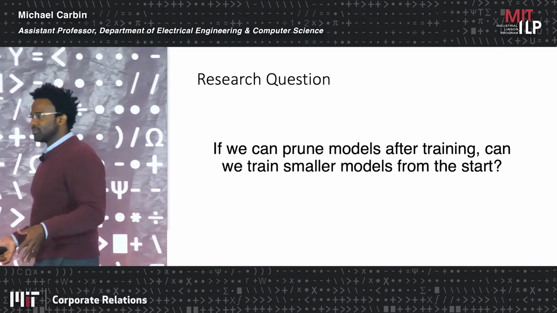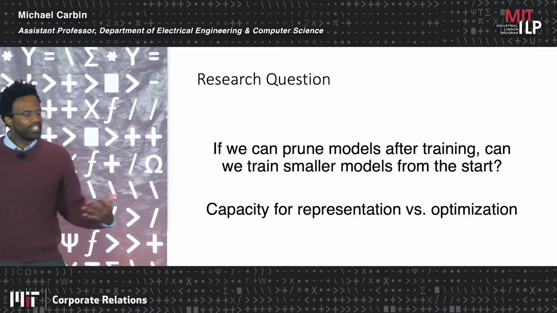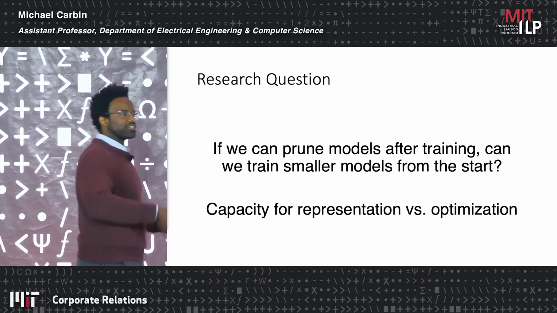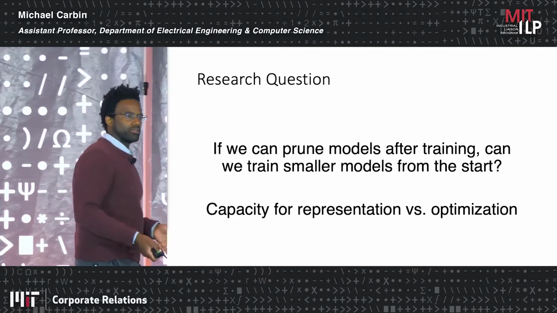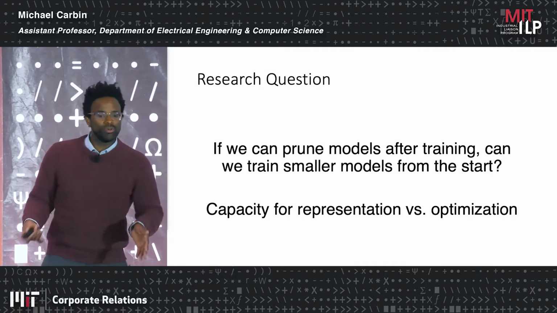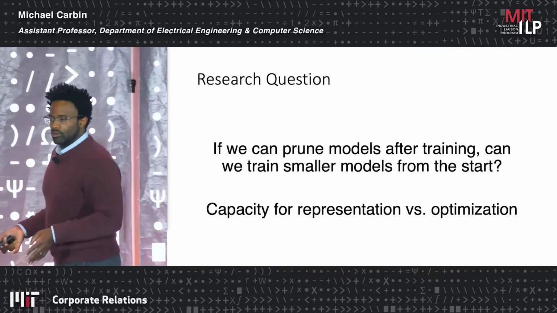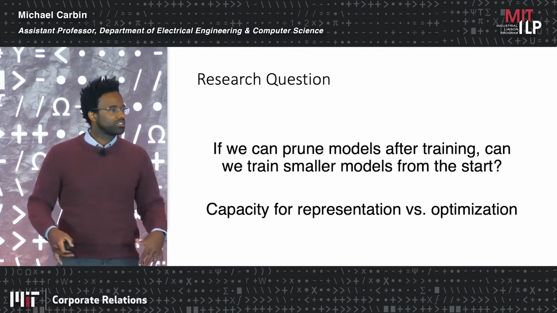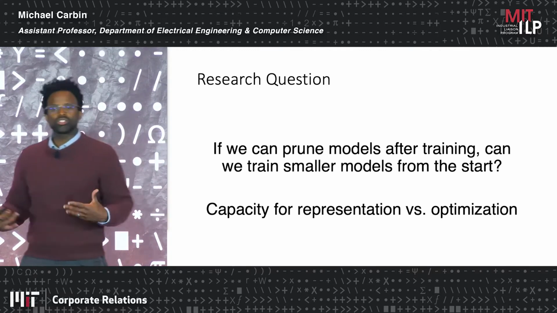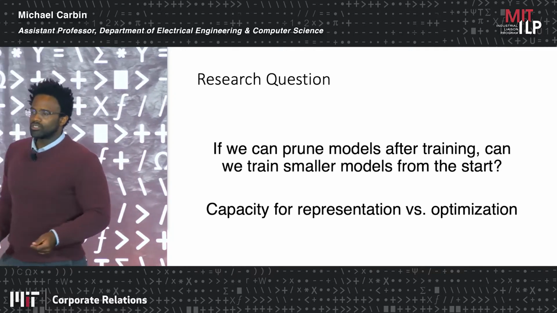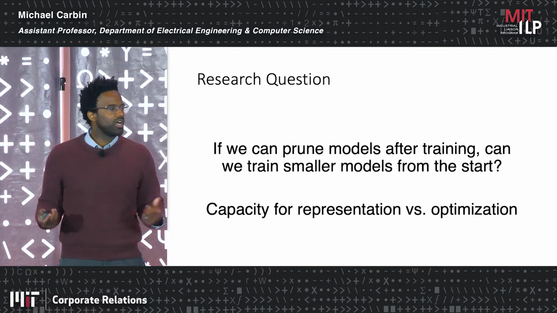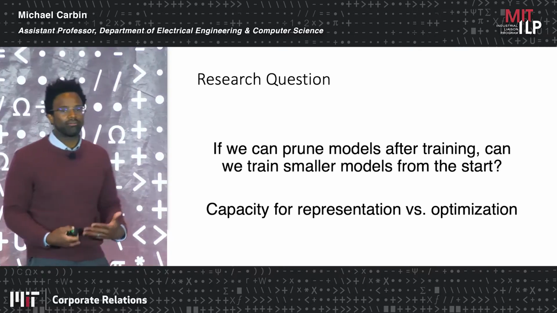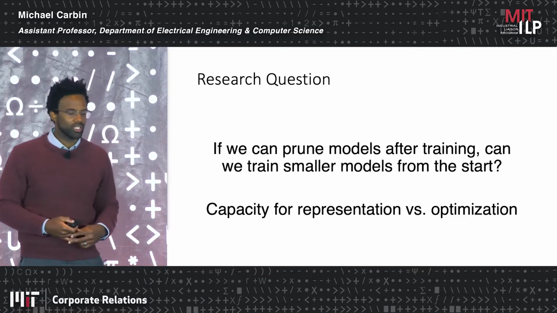Well, they are quite fundamentally different. In particular, we need to think separately. So pruning after training, we're thinking about the capacity to represent some function that has been learned. For pruning during training, or even before training, we're thinking about the capacity for learning. Does this network have enough capacity or size to be able to learn? So these are, in fact, two very different concepts, thinking fundamentally about what's going to be happening to the underlying mechanisms of this network in this overall training process.